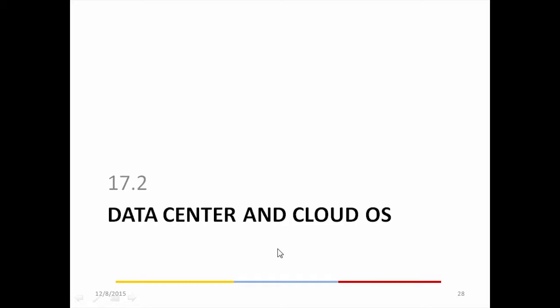From IaaS, obviously, there is PaaS, and then SaaS. So we are slowly moving up from virtualization. We need to understand, at least at a high level, what a data center is and what is meant by the cloud OS.